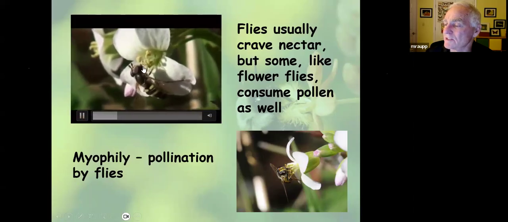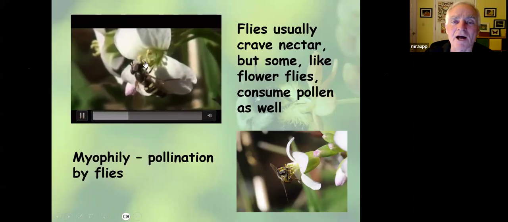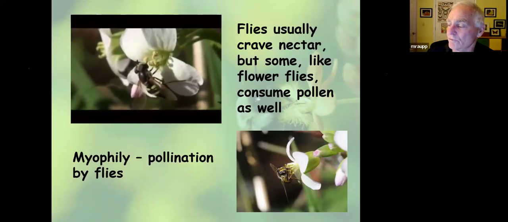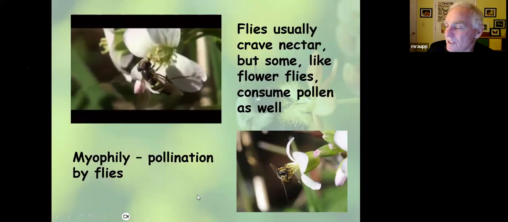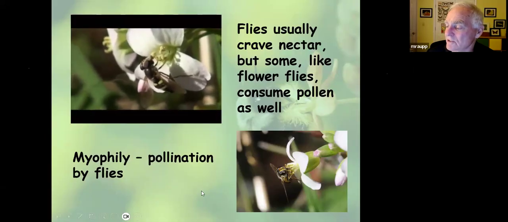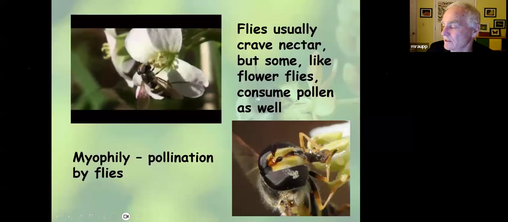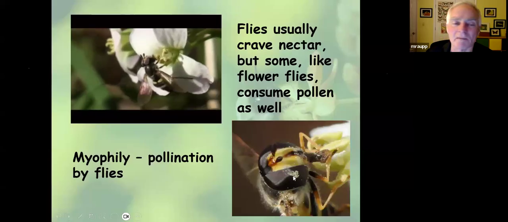You can see the mouth parts here, and really the fly's in the game primarily for nectar, not so much maybe for the pollen, more for the nectar. But you can see as it collects the nectar, its body parts like its eyes and its legs and its mouth part will pick up the pollen grains, and it will transfer that pollen from plant to plant.